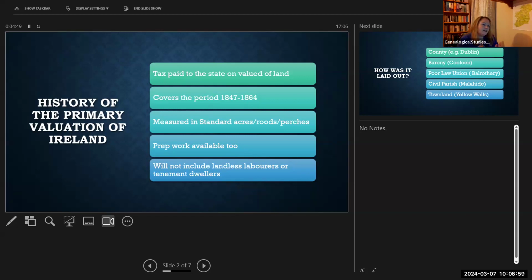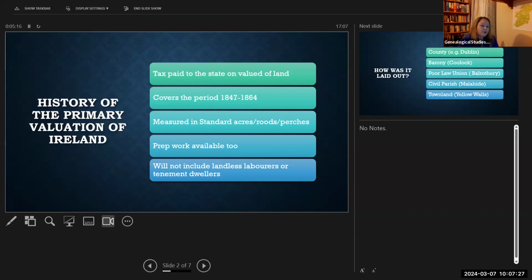So this Griffith's valuation then covers a later period than the tithe allotments, which was in the 1820s and 1830s. Sometimes we can find someone, if they lived long enough to be in the tithe allotment books and Griffith's valuation, and then maybe they've died at the beginning of civil registration. Or often what we can do is find someone in Griffith's valuation who is the father of someone that we found in later records.